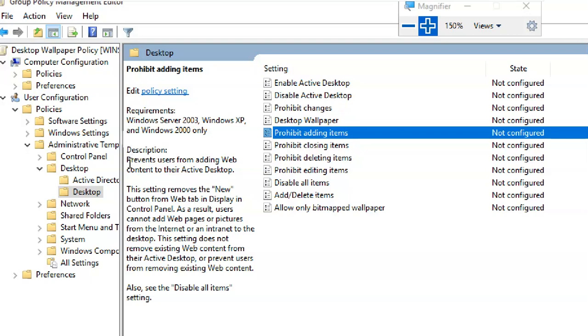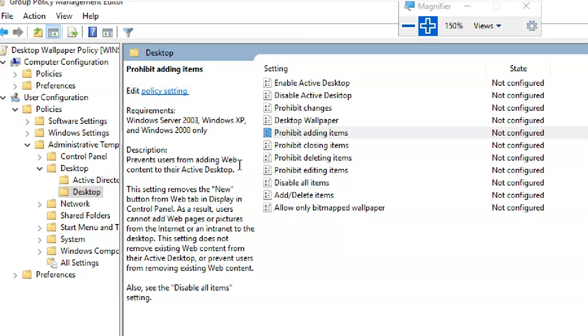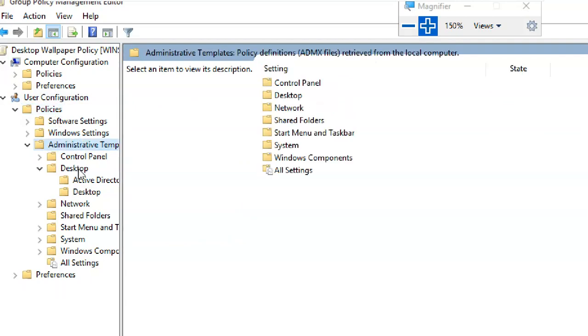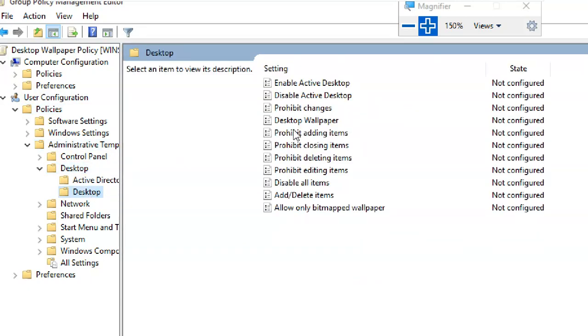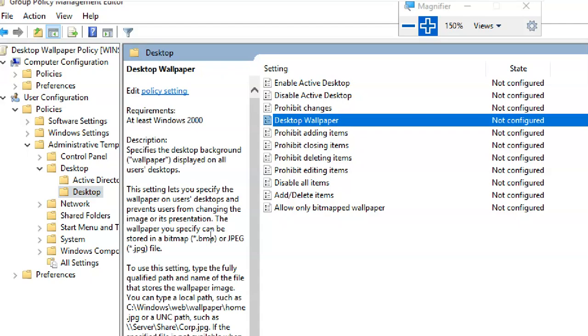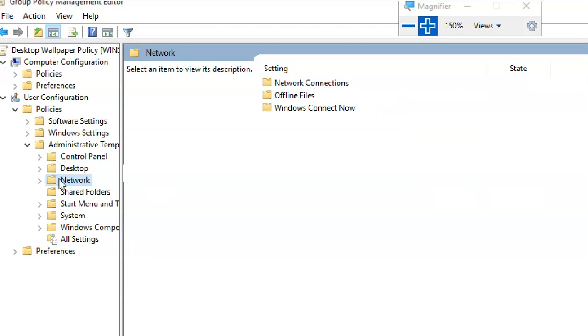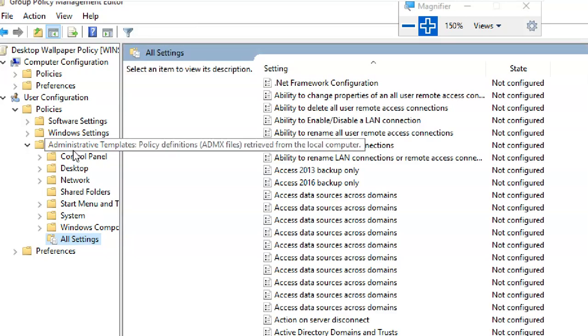Okay, you have to read it before you go to any policy. You have to go for the description. Like this, you can reach your policy step by step: user configuration, policies, administrative templates, desktop, and desktop. I located my policy. This is easy, right? Sometimes it may not be easy. If you see so many policies under each and everything, it's difficult. So what I'm going to do is click on All Settings, means under administrative templates, I can see all the policies listed here.